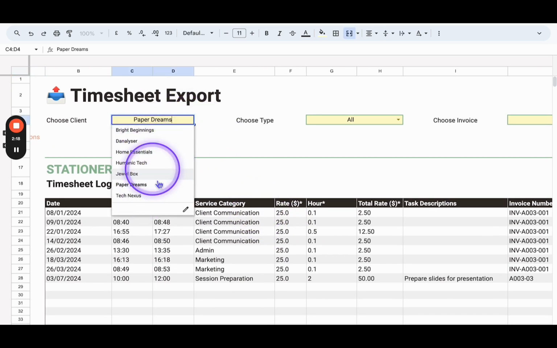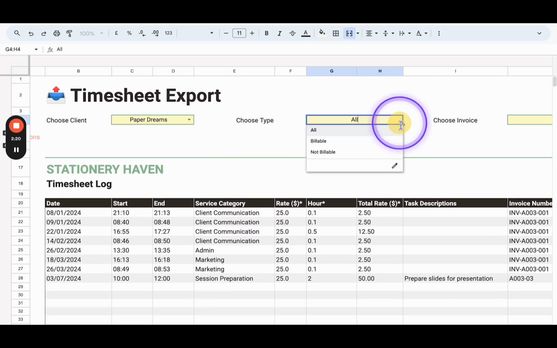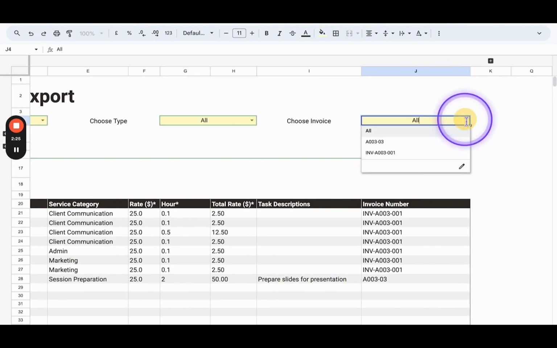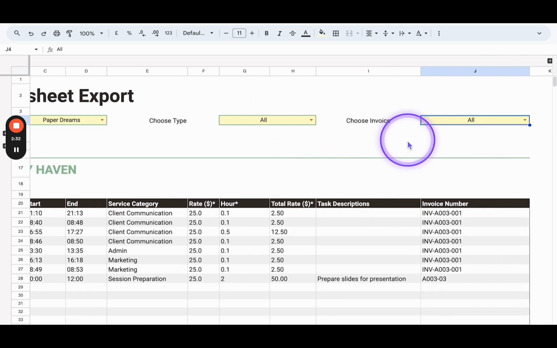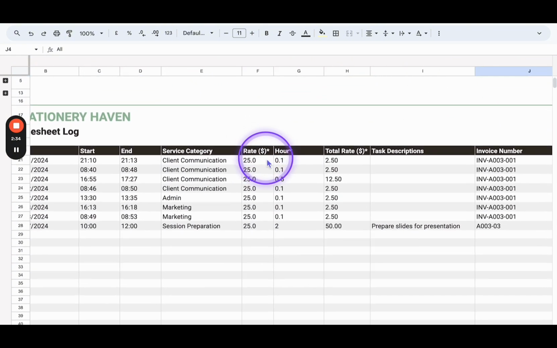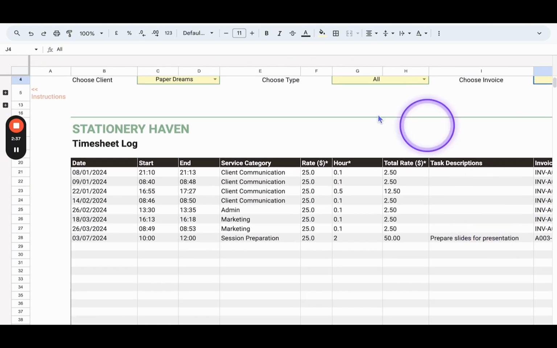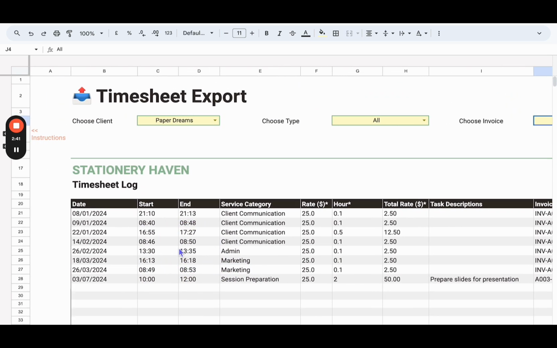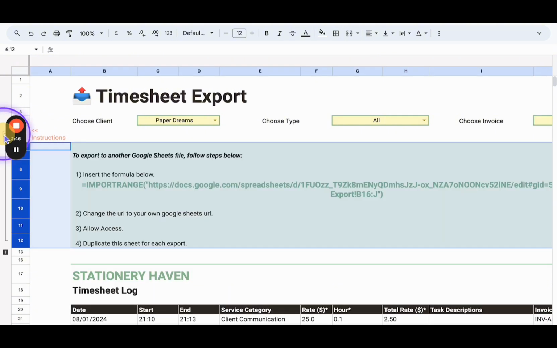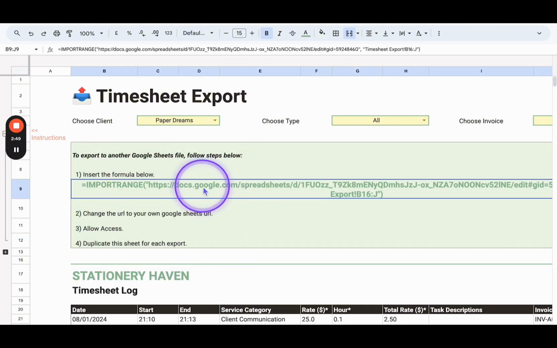Next, we also have the timesheet export for you. So you have to select the client name, the type, which is billable or non-billable hours, and the invoice. So if you want all for this same client, just select all for these 2 options. And this is where you will have this table here that is ready to be shared to your client. You can copy it and paste it in a new spreadsheet, or you can use our formula to move this easily